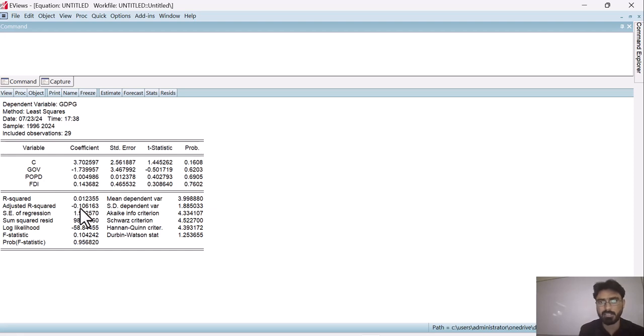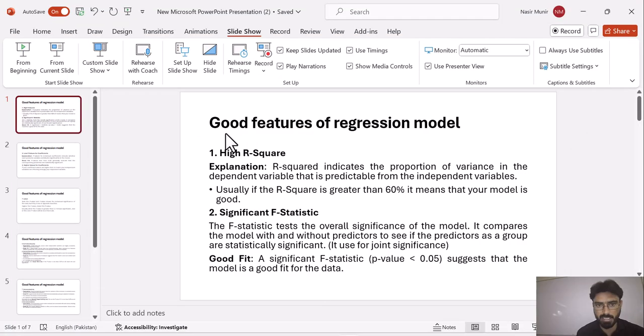But in this case it is only 1%, which means that there is only 1% variation in our dependent variable because of our independent variables, and 99% of the variation in the model is because of those variables which we have not included in our model. So this is the first thing which we have to see when we are analyzing any model: there should be a high R square.